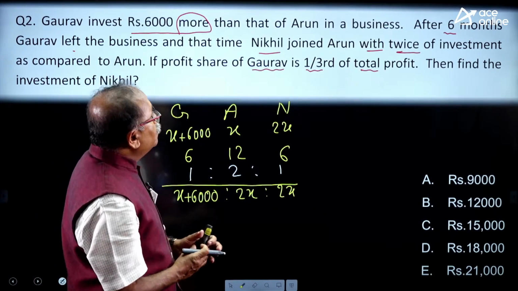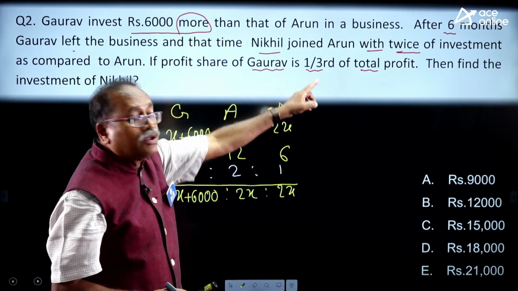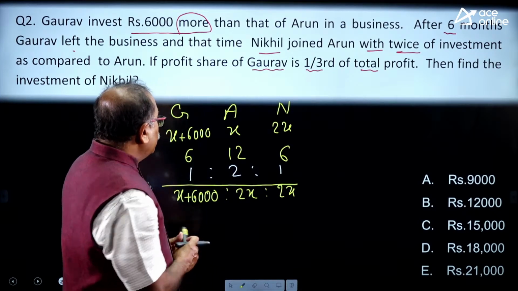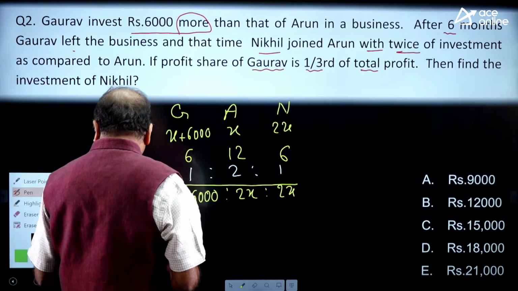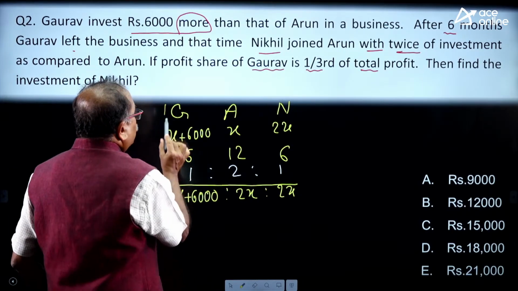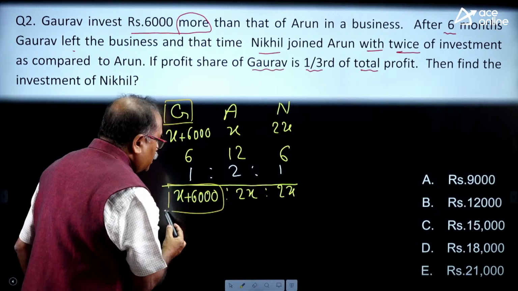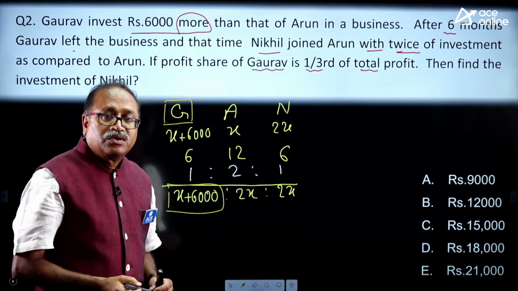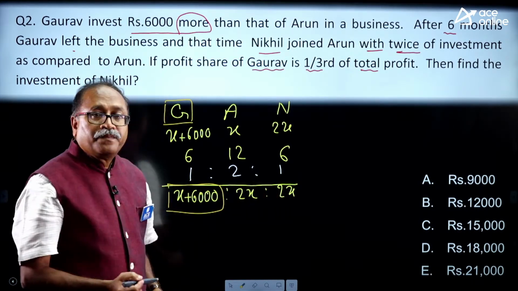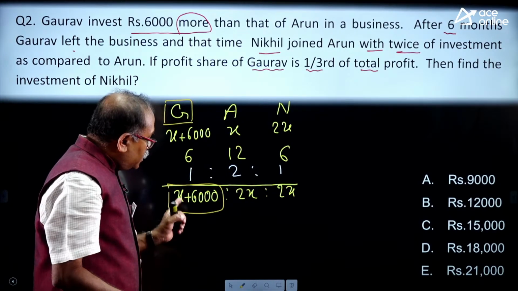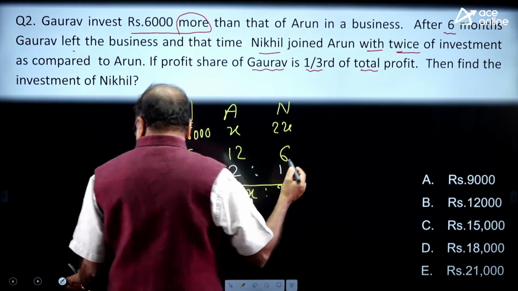Now, we know that Gaurav got 1/3 of the total profit. So what is Gaurav over here? Let's check that. This is what Gaurav is here. And what is his profit share? The profit share is X plus 6,000 out of the total. So let's write down Gaurav by total, that is X plus 6,000,